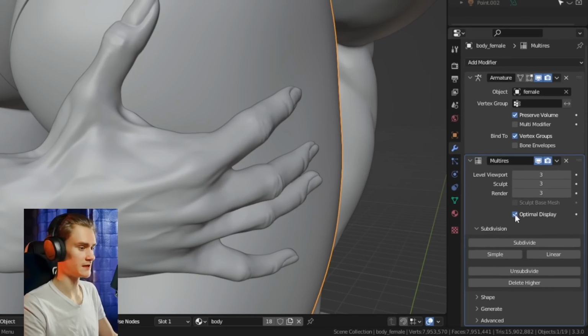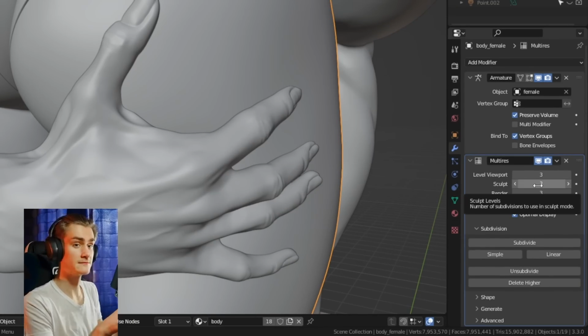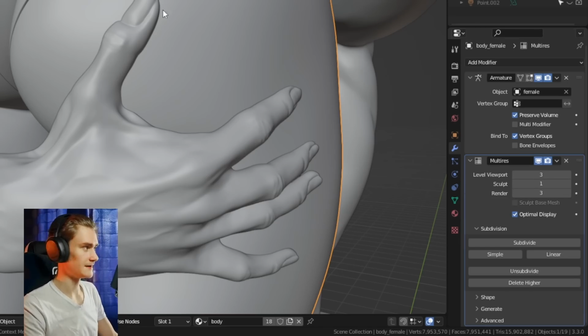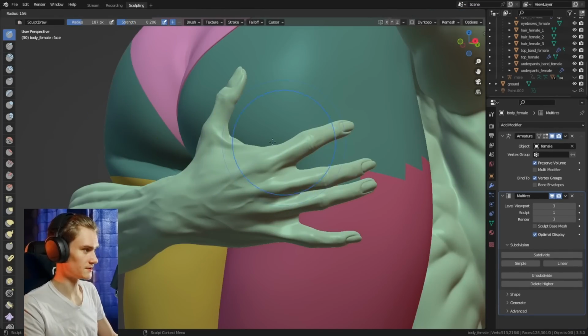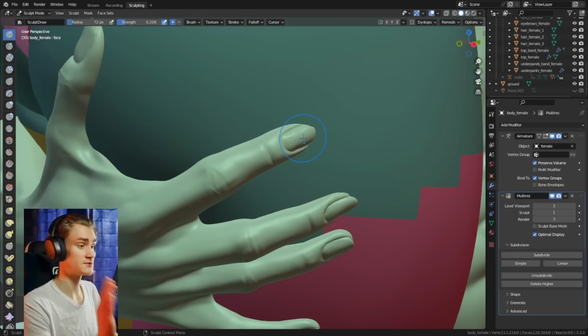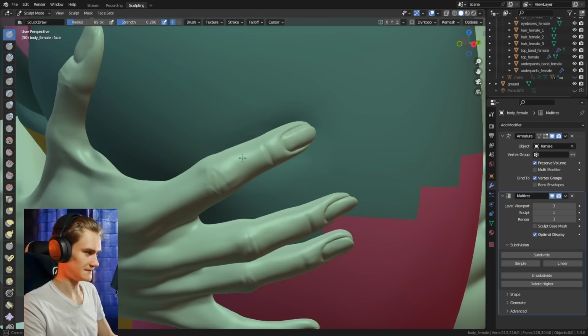And as you can see, I already have 3 levels applied. I would always recommend starting with the first layer and then going deeper and deeper if you need more detail. So going back to sculpt layer 1, we can go into sculpt mode, and we begin by, for example, using the draw brush. His finger would press against the surface, so the surface of her skin would deform. So we basically just dig out his fingers